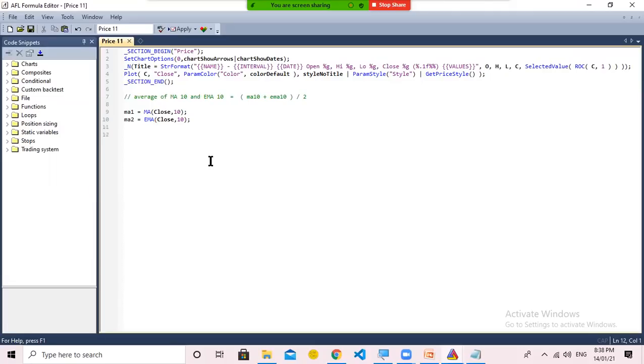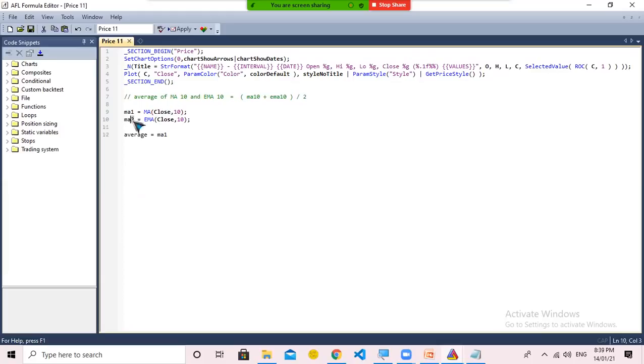Now, what we are going to do is we are going to calculate the average price of these two figures. So what I do is I define a new variable called average. That's a user defined variable, right? So average equals to the sum of these two divided by 2. So MA1 means this variable which contains MA10.